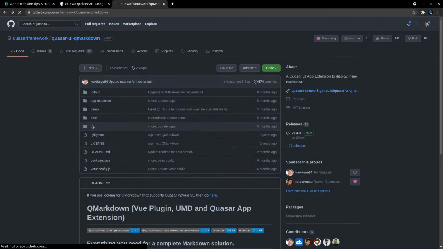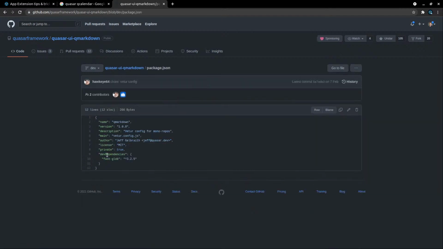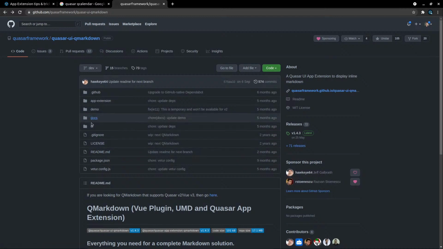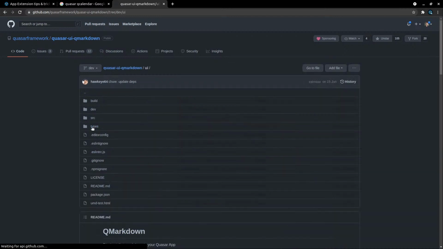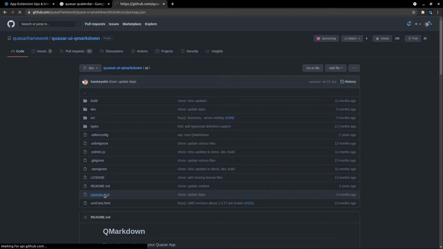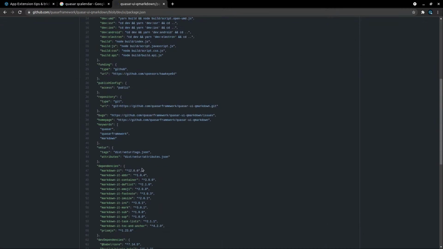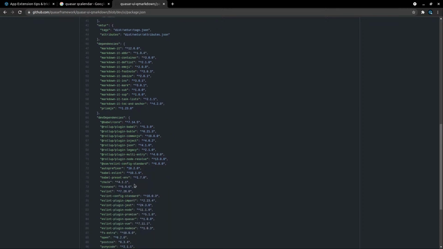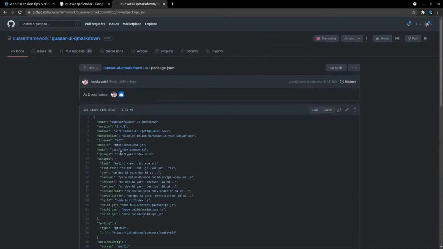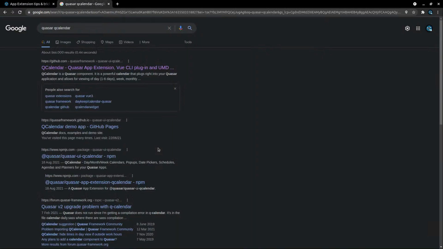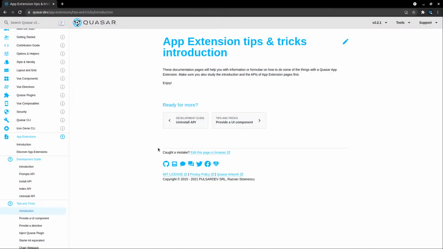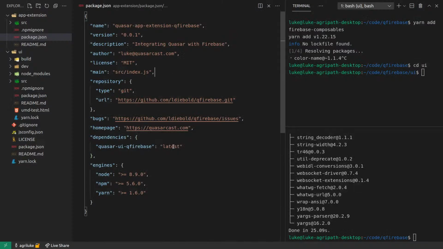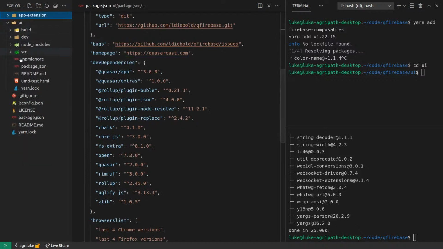So let's go over to UI. Hang on, he's got a package.json here as well. That's different. I think that's just for doing global tasks or something like that. But let's check this package.json and see what he's done here. Here we go. It looks like all of it is actually sitting in Quasar UI. Anyway, so that's probably the decision I'm going to go with, at least for now. It's probably one of these things that's going to be easy to change later on anyway. All right, so for dependencies, we're going to do that inside of,